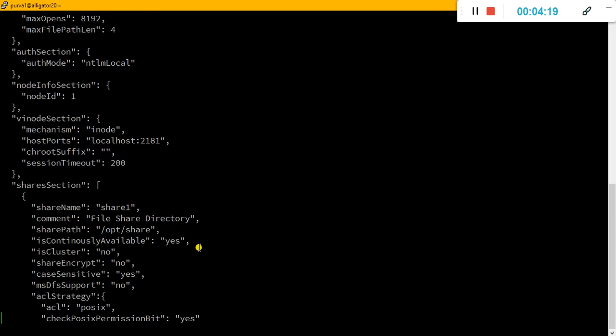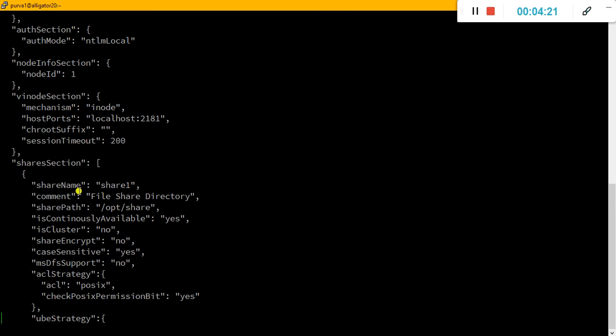Then we have to configure our share properties. In share properties, we have to give the share name. The default share name is share1 and its share path is opt share. Before starting MoSMB, we need to make sure this opt share path exists on the server machine. Then the is cluster parameter must be set to no for ntlmLocal authentication and the standalone build. Currently we have set the share encryption to no. Case sensitivity is currently set to yes. And the ACL strategy we are selecting here is Posix Acl,